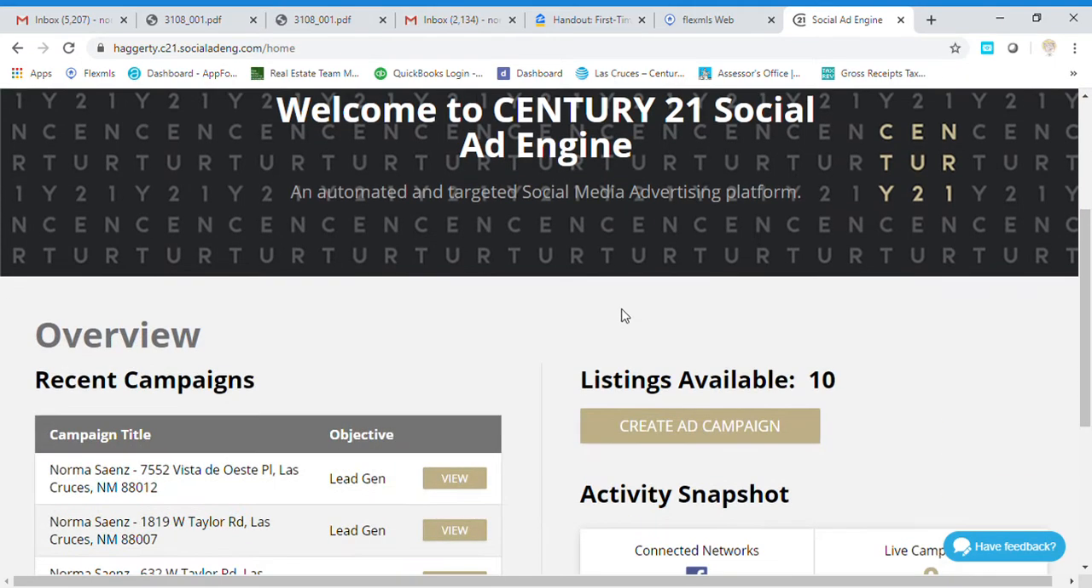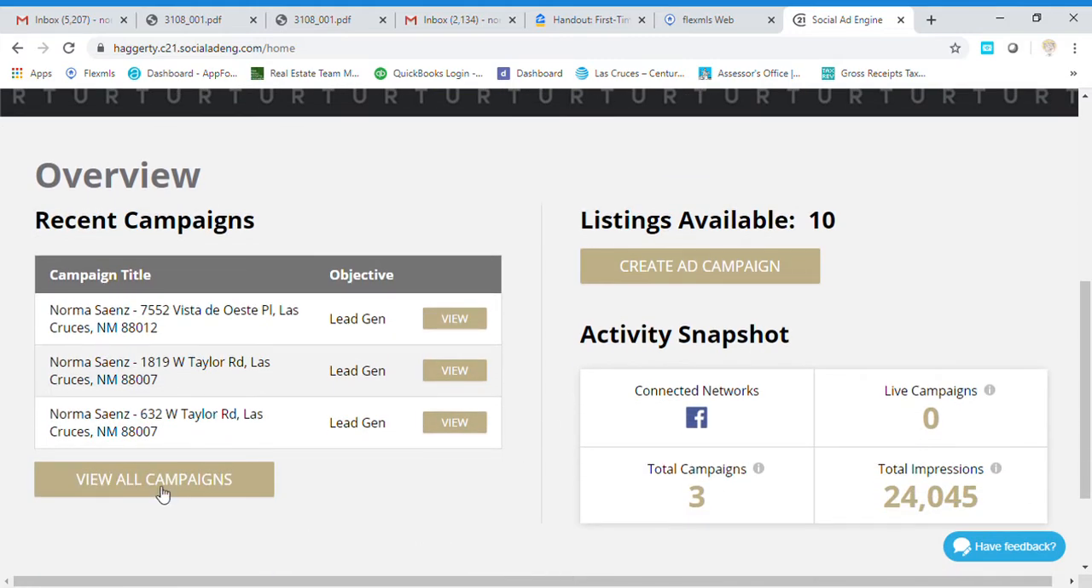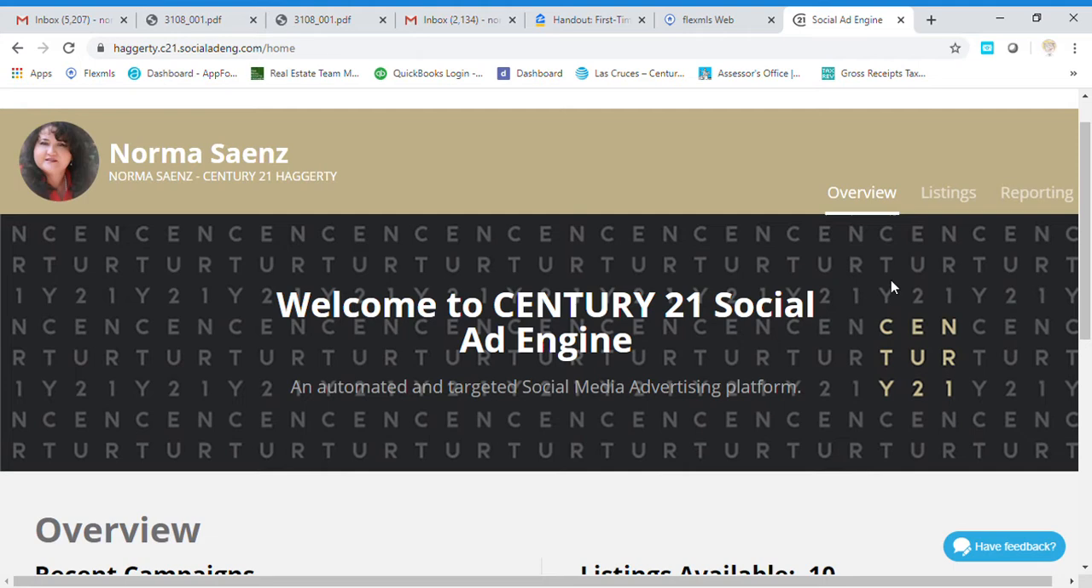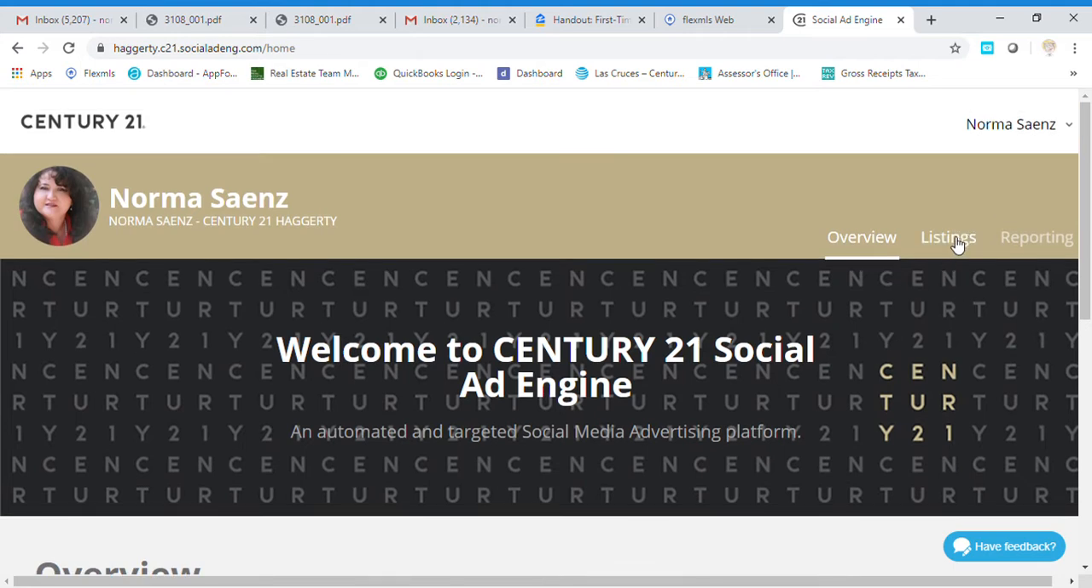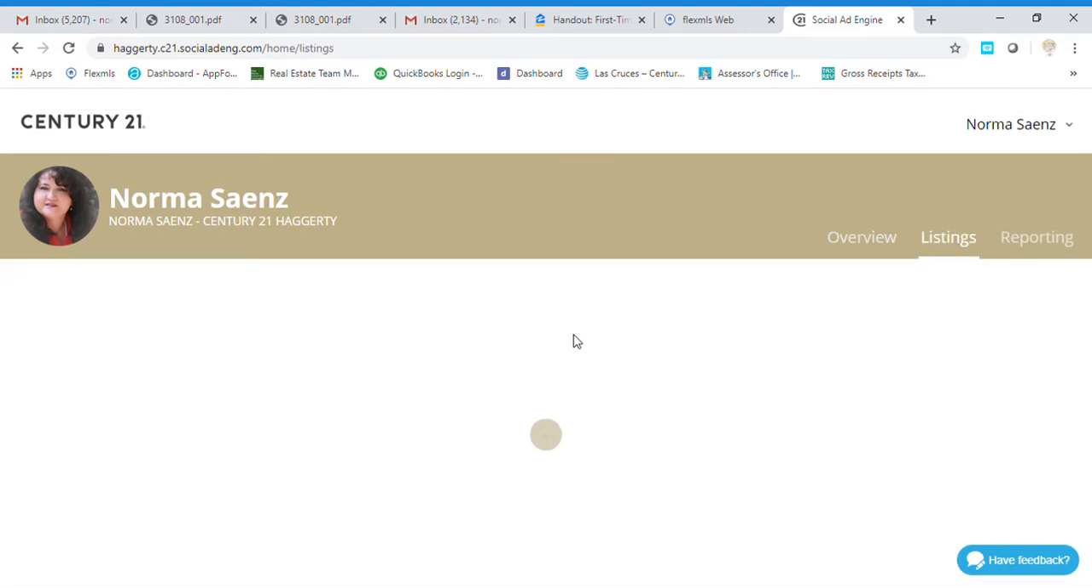Overview is going to give you the campaigns that you've previously run, and also the option to create an ad. It's going to give you a snapshot of all three campaigns that I've run, and right now I don't have any active campaigns running. Then if we go to our listings, it's going to show what listings we have available